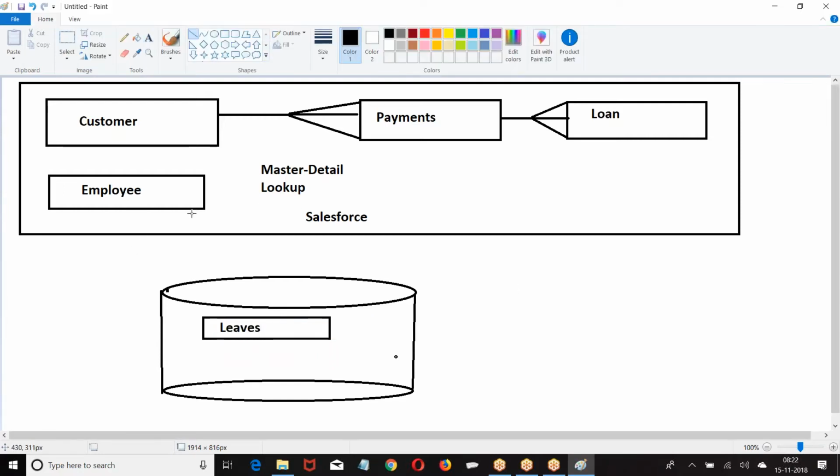Now, I want to establish a relation between the employee and leaves. Employee is in the Salesforce database, leaves is in the SAP database, let us say Oracle or SQL Server or SAP application. Now, you want to establish a relation between two objects where one is in Salesforce and the other is in an external system. Then we go for a relation called external lookup.